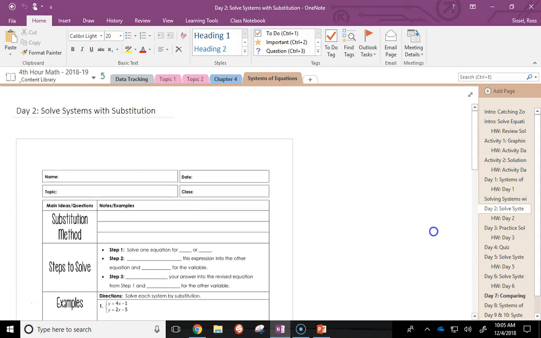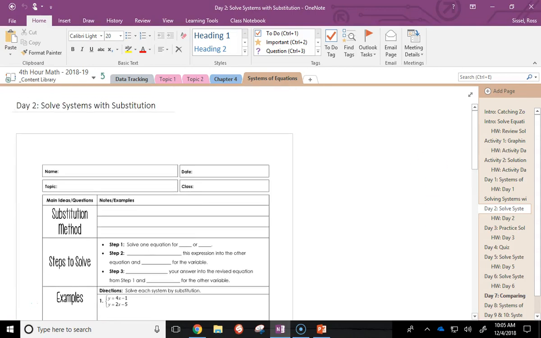Okay, so we are on day 2, solving systems of equations with substitution. Quick review. Systems of equations means more than one linear equation. Yesterday, we worked on graphing. We found the solution to be the point where the lines intersect, or if they are parallel lines, there's no solution, or if they coincide, they lay on top of each other, there's infinite solutions on the